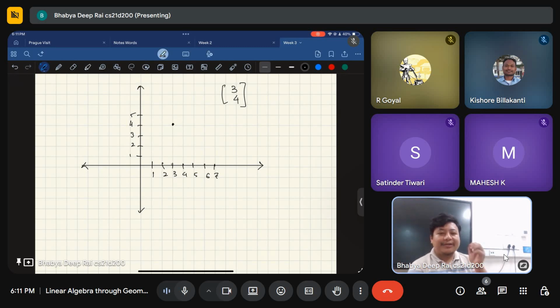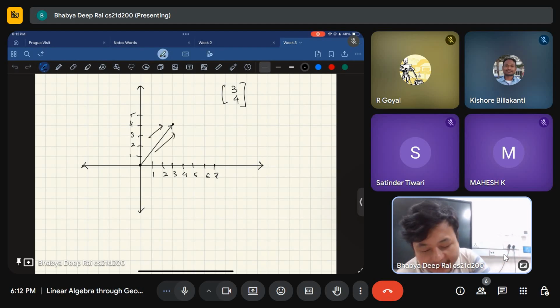And what if you say, okay, if I don't want the vector to be starting from the origin, it may start somewhere else. It's okay. You can do that. You can make the vector start here. The vector is unaffected by this. Any kind of vector operation is such that as long as the direction and the length is respected, it's not a problem. You can even place it here.